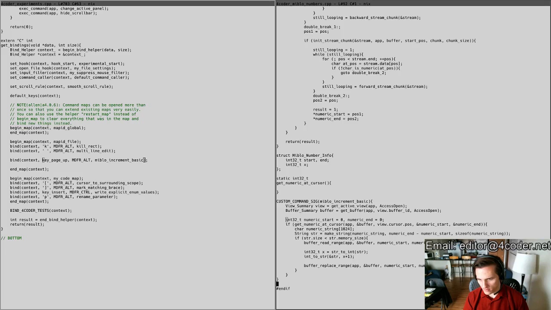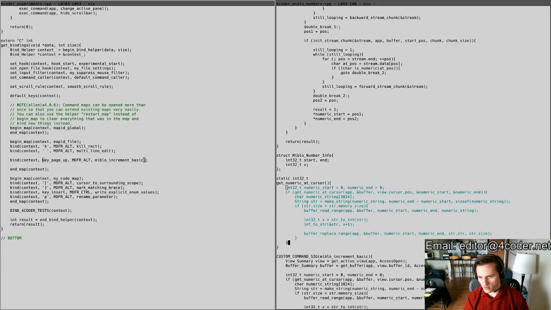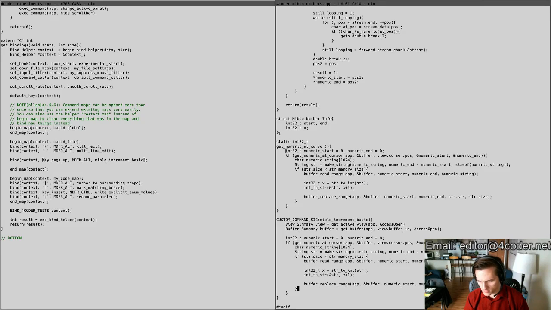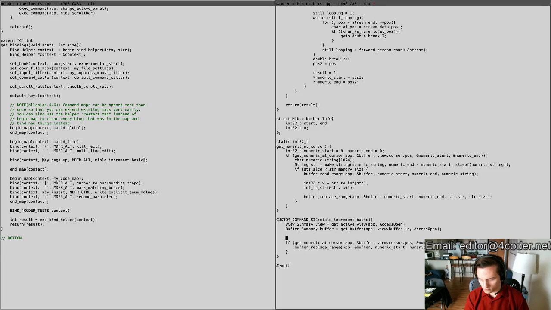So if I copy all that into there, and then I just say what I want to do is maybe more like Miblo number, call this the number, get numeric at cursor, app buffer view cursor position